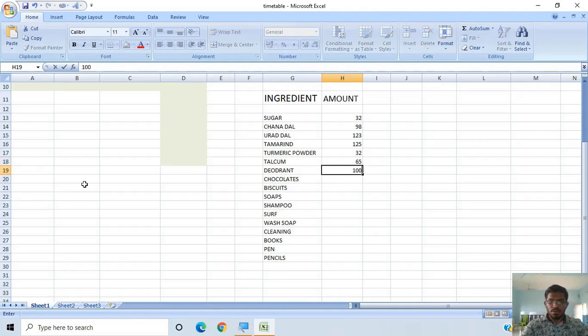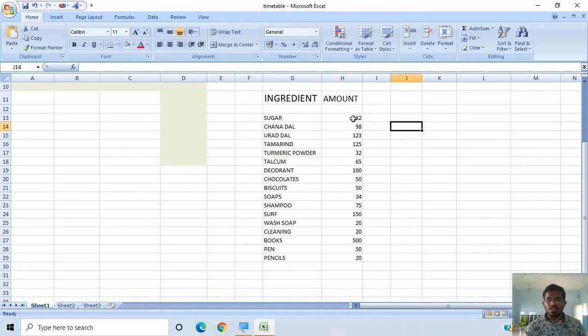Sorry, deodorants will come to plus 100 only, not 45. Chocolates you bought for 50 rupees, and the biscuits also for 50 rupees, for soap you paid 34 rupees, for shampoos 75 rupees, for the surf 150 rupees, wash soaps for 20, that means a single one, and 20 rupees for cleaning items. Books you bought for 500, pens for 50 rupees, and pencils for 20 rupees.